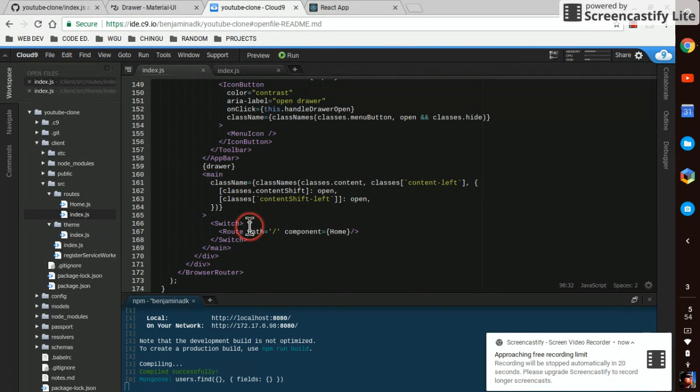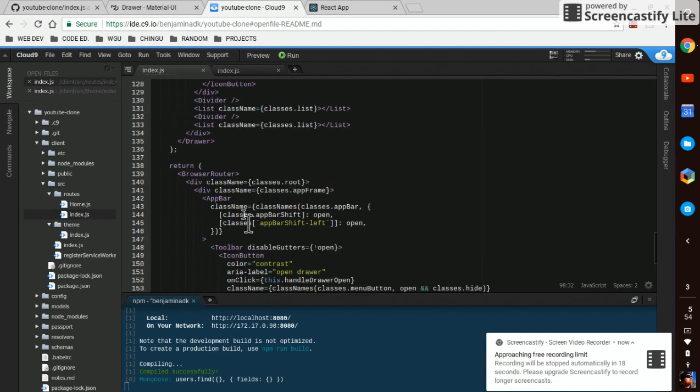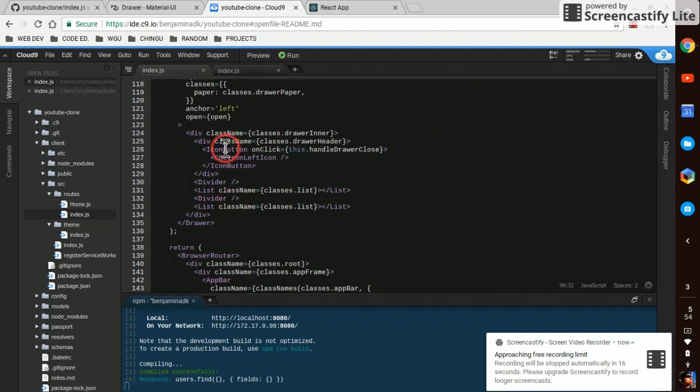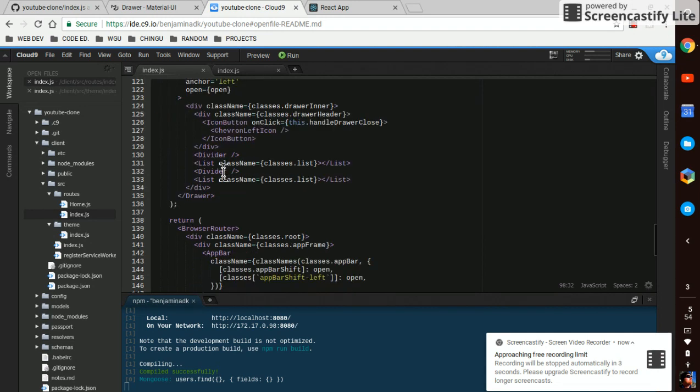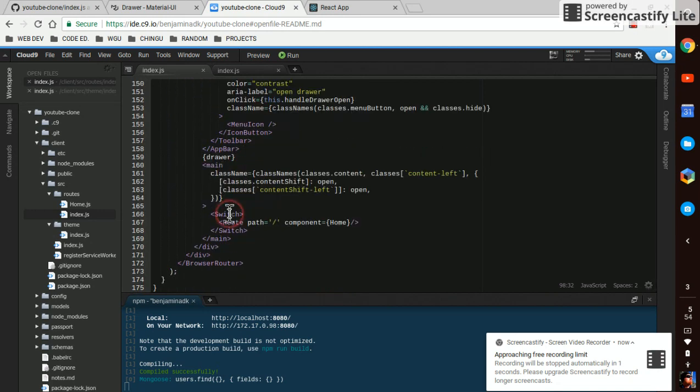But this is how we're going to set it up. That way we can put all of our links into this drawer, and that's how we're going to navigate around the site. So the code's going to be up on GitHub if you had trouble following that, but we just took the example and edited out the stuff we didn't want and then we put our browser router, our switch,